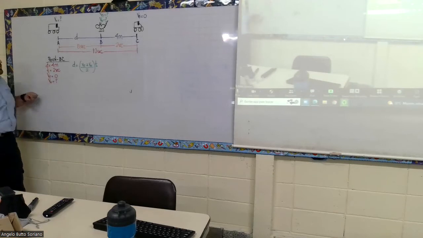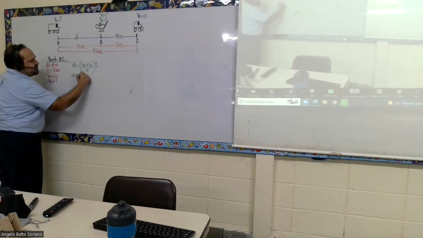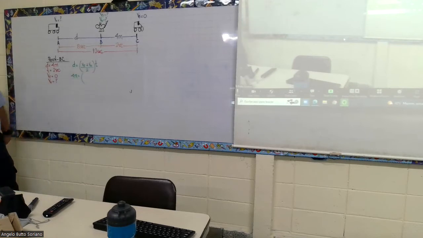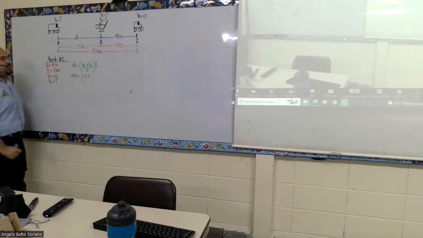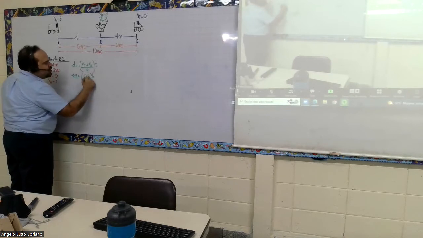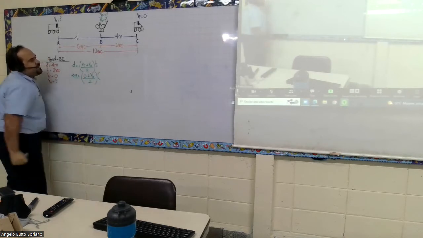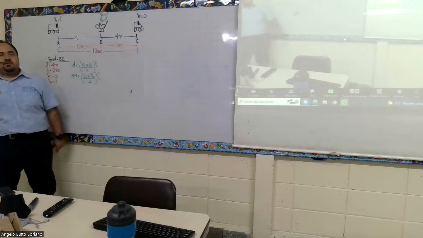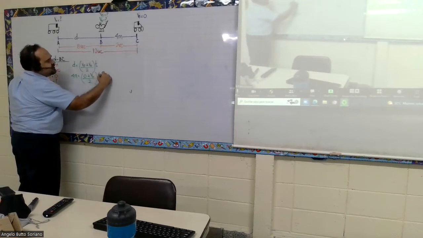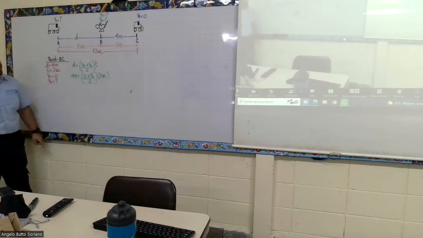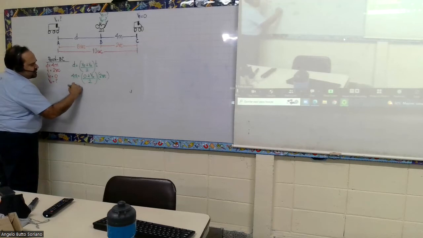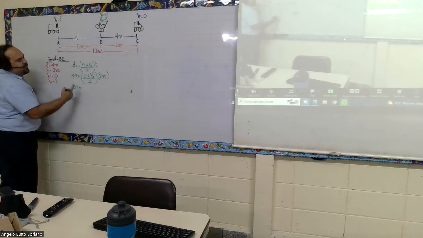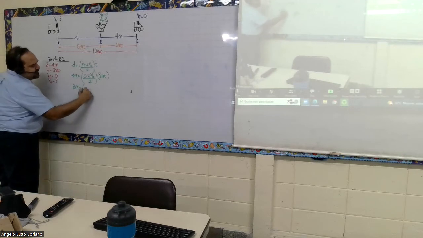What is the value of the distance? Okay, 4 meters. Open parenthesis, final velocity, 0, plus initial velocity, we don't know. We have no idea. Over 2, multiplying by the period of time, 2 seconds. Yes or no? And actually, this number 2 that's dividing passes to multiplying, right? So 4 times 2, we have 8 meters equals 0 plus VB, that will be VB,